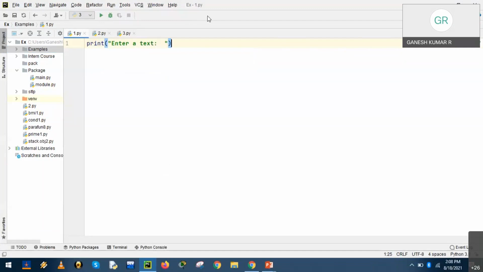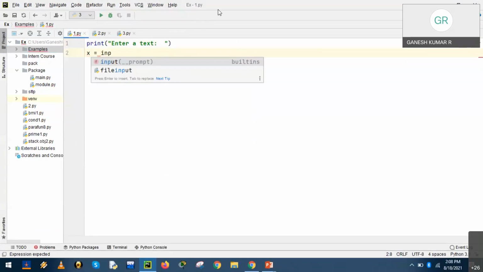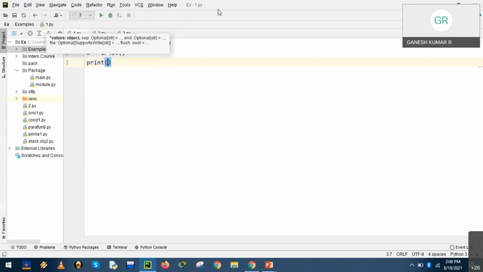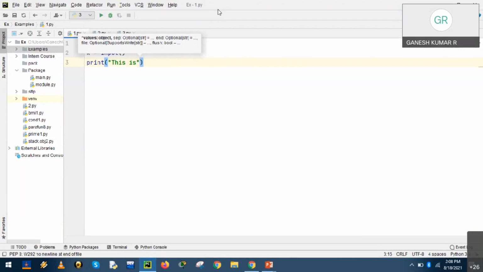And we have used a variable to accept, x is equal to input function, and another output function, print, this is x.